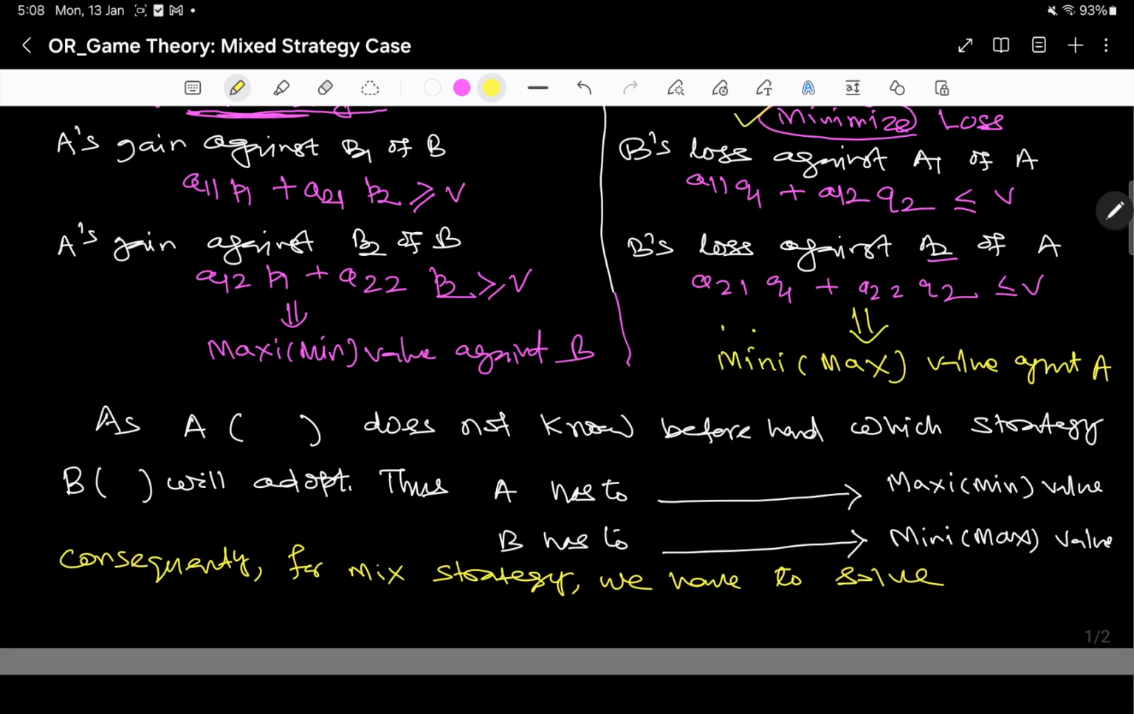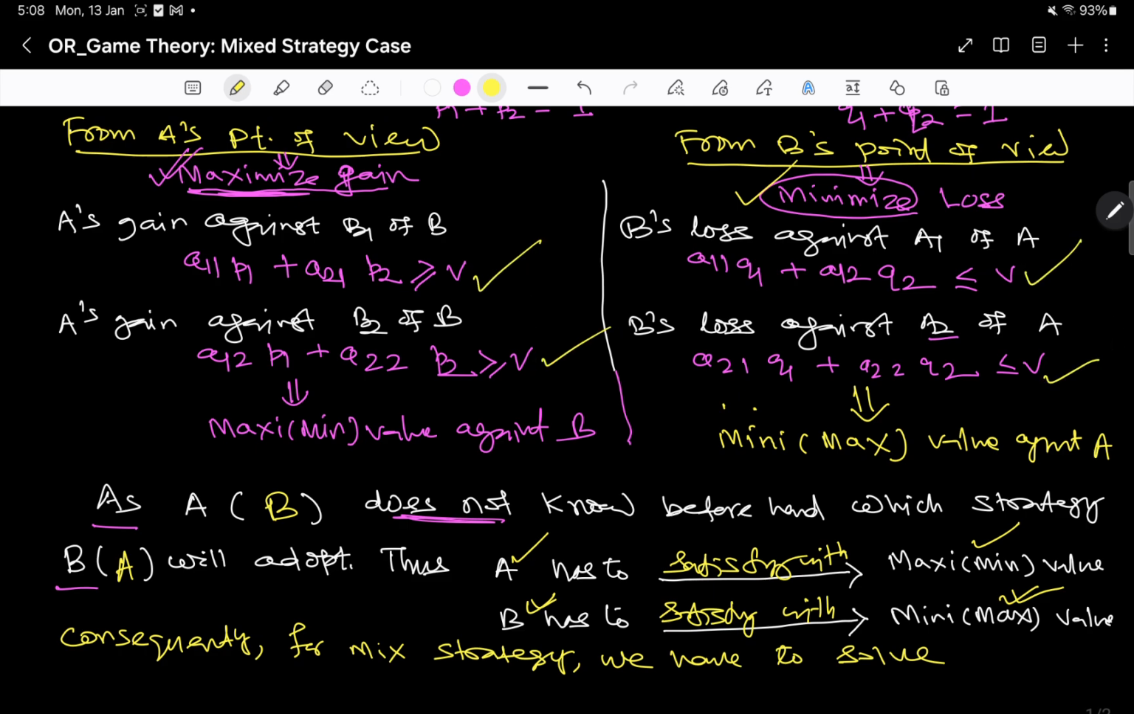You see, A doesn't know beforehand which strategy B will adopt. Similarly, B also doesn't know which strategy A will adopt beforehand. Thus, A has to be satisfied with the maximin value, and B has to be satisfied with the minimax value. Consequently,